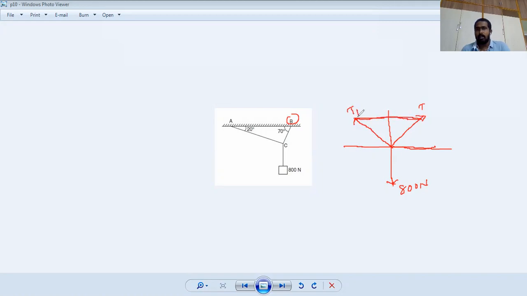Here he gave one line that makes an angle of how much? 70 degrees, sir. Here it makes an angle of 20 degrees. So let us assume all these are right angle triangles. Suppose this is a right angle triangle. I will draw it here.